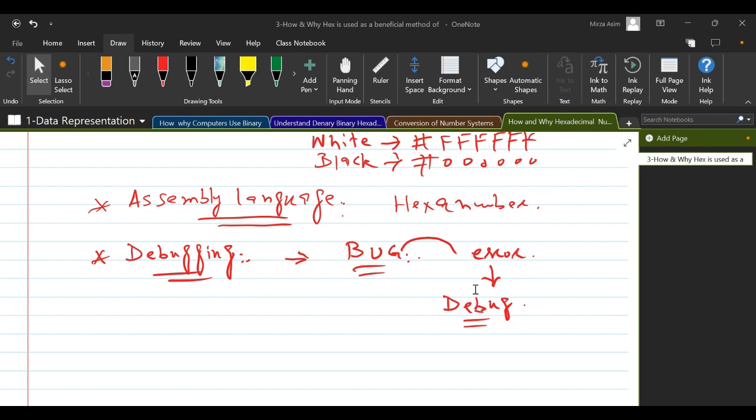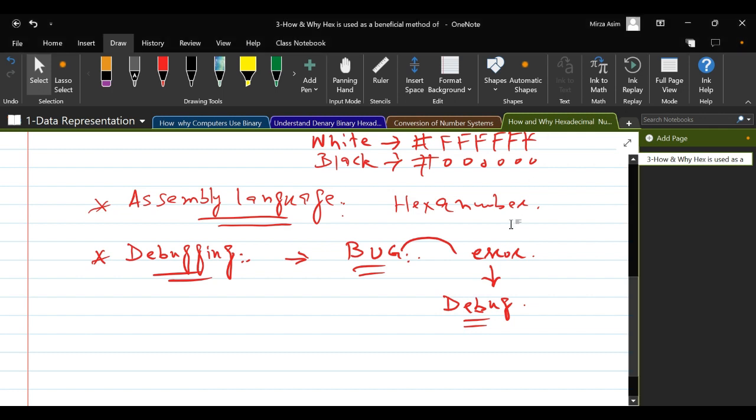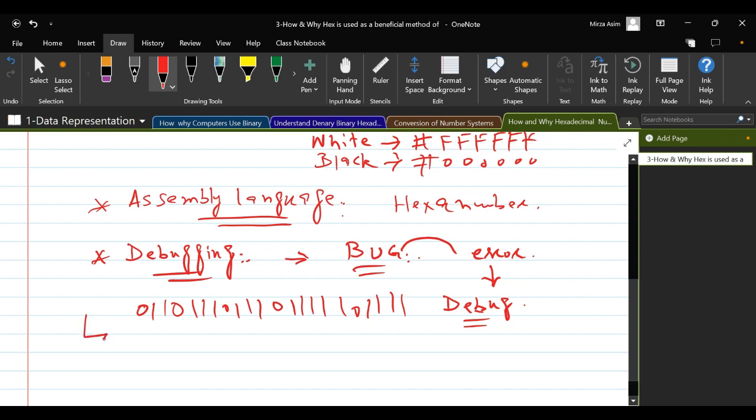So that is very easy for them to simplify the binary data and error codes, rather than interpreting this thing 0110. It's a very long number. So hexadecimal numbers can be used to interpret this information in a group of 4 bits. And you know how to convert a binary number into a hexa number. If you don't know, then you need to watch the old video.